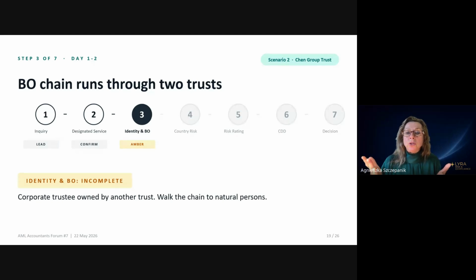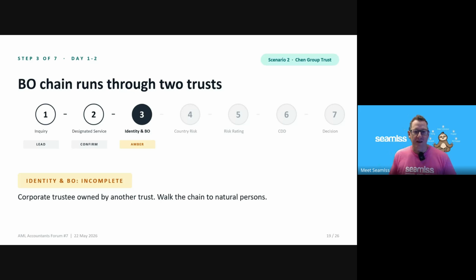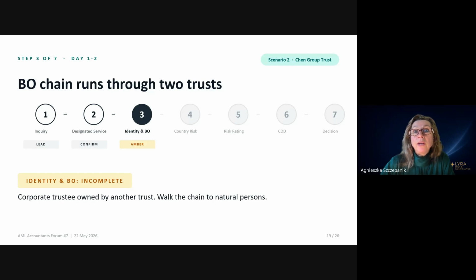So what you might need to do is look at the kind of cumulative exposure of providing these different services, right, over your engagement, because not every product and service that you provide is created equal. Some will have a slightly greater risk exposure. Yep. And the corporate trustee in this case is owned by another trust, which you need to walk through that chain until you've found out who the natural persons are that own that other trust, corporate trustee. Yeah, you need to peel the layers. The greater the complexity, the greater the levels, the greater the risk to you, because of lack of transparency, more opacity. So you need to get to the jazz hands, arms and legs, as we say,